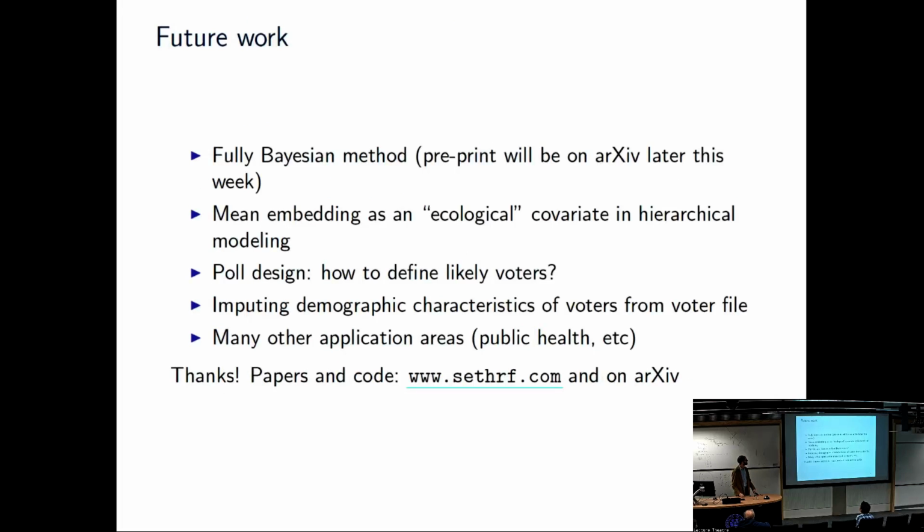And here are some future work ideas that I have. Maybe you have more. Told you about the fully Bayesian method. I have this idea that if you're actually doing a survey, or if you're just doing some regression where you have the outcome variable you care about and you have predictors, it might be useful to also include an ecological variable, a variable that encodes not just your covariates, but the covariates of the region that you live in.